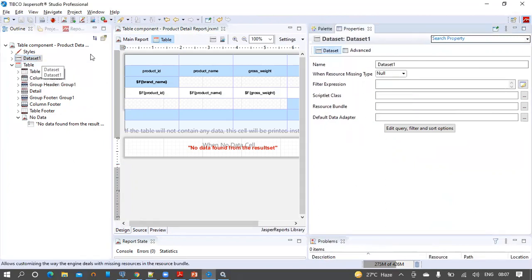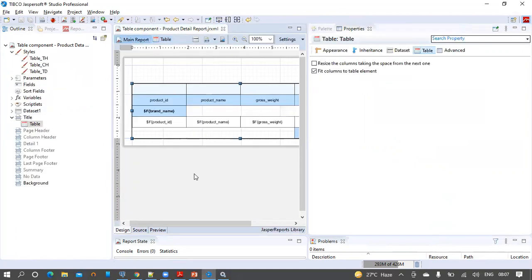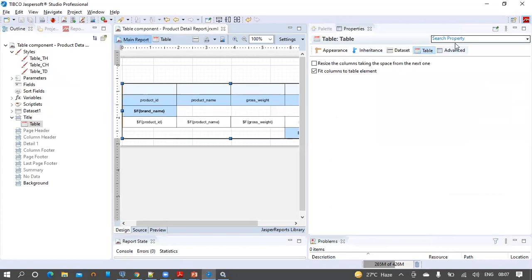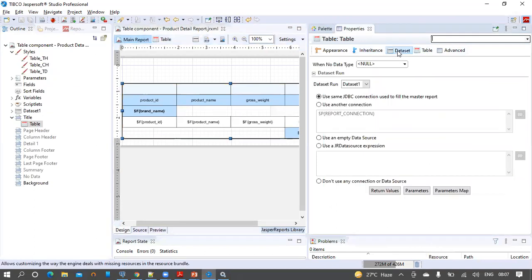Not in the table, but come back to the main report, select the table component, and in the data set, select this when no data type. By default, it is taken as null. Let us change this to no data cell here.